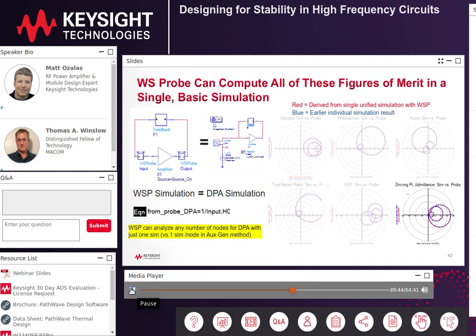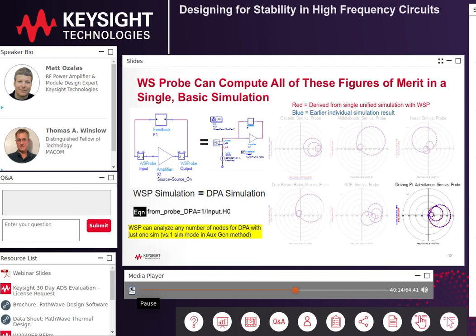And last but not least, we can use the probe output to derive the driving point admittance. This is the equivalent of having a current source at your node, injecting a current, and monitoring the voltage across the same node. And remember, for the auxiliary generator technique, you can only analyze 1 node per simulation sweep. With the Winslow probe, you can analyze any number of nodes at the same time with just 1 single simulation. So this simple case replaces 2 driving point injection simulations with 1, but with more nodes it could really be